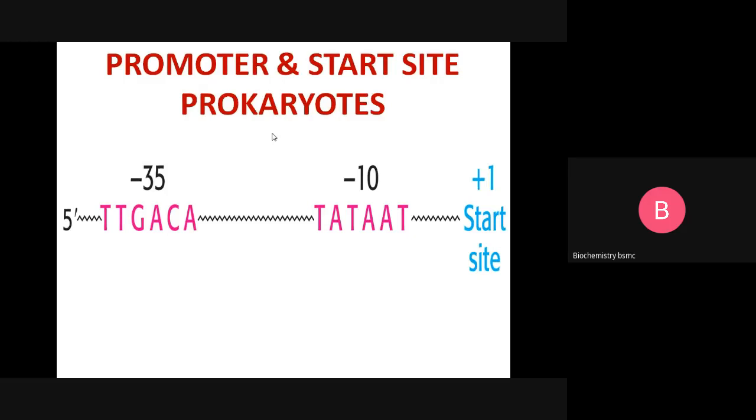But in case of transcription, only a portion is transcribed, only a gene or a segment of the DNA. So a segment of the DNA undergoes transcription. Since a segment of the DNA will be transcribed, there is a question of selection: which part will be transcribed? The polymerase has to go and find out.